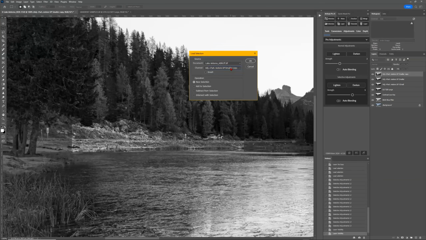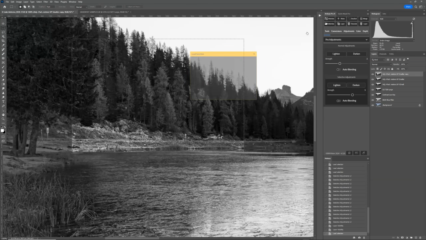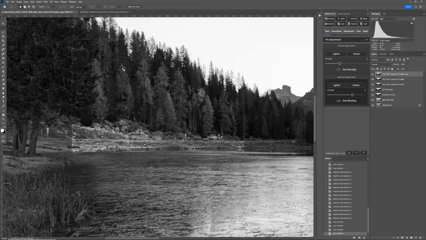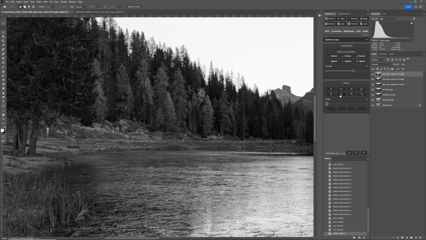Okay, so now load temp 2. Temp 2, that is. Without the sky, so I'm going to subtract it already. Okay, now do a restore from left to right, bottom to top, right to left, and I think also from top to bottom. So go back to depth, do this, bottom to top, left to right, but not so wide range, like so, top to bottom as well,